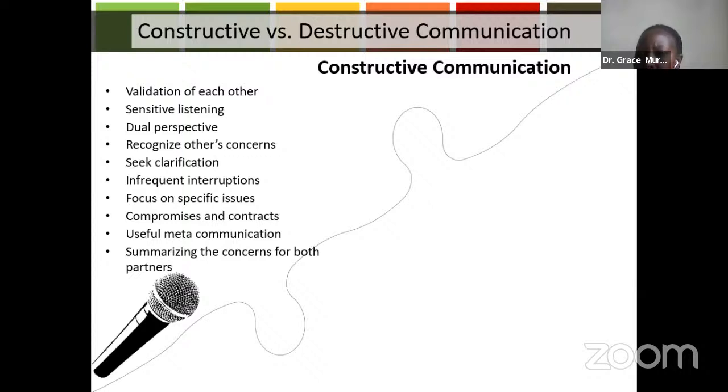If you start saying that, you're becoming personal, you're attacking the person, not attacking the problem. And that has to do with communication. How are you saying it? How are you bringing out the issue at the table? So when you talk about constructive communication, the features of constructive communication, one,